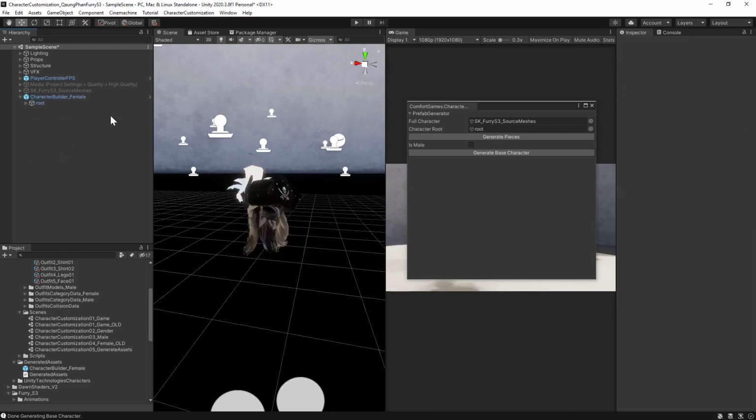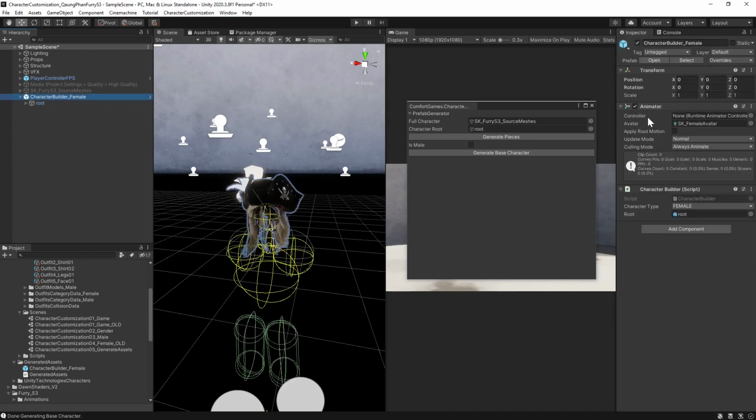Let's also emphasize the other thing we see in here. There is no controller specified in the animator, and we've removed all the other components except for the animator component, and we've added a character base component. That's what that generate base character is doing. Removing all the extra renders, only keeping the root, adding an animator, making sure there is an animator, and adding